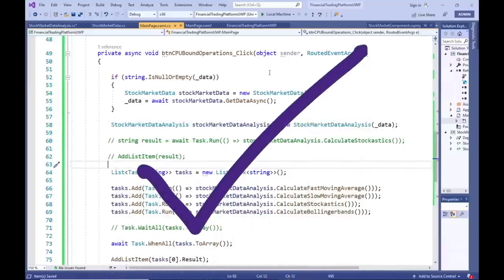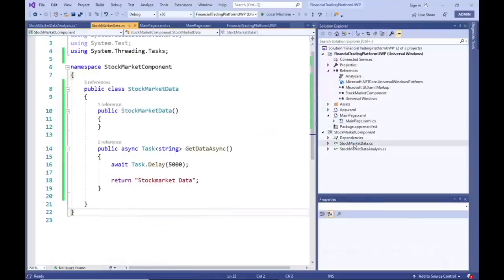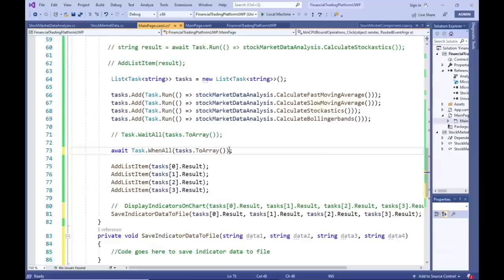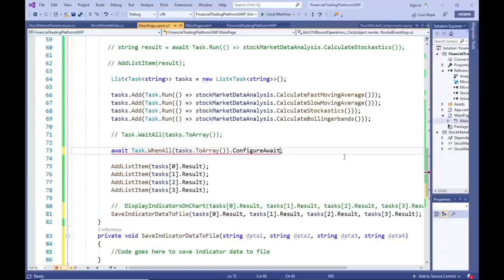Another best practice is that if the relevant method's code doesn't need to run on the original thread once the CPU-bound operations have completed, then we can in fact gain a bit of a performance boost by not returning to the main thread. The rule of thumb here is don't run code on the main UI thread unless you have to. So we can achieve this performance boost by using the configure await method. So the when_all method returns a task object, which implements the configure await method. This means we can call the configure await method like this. Notice we are passing in false